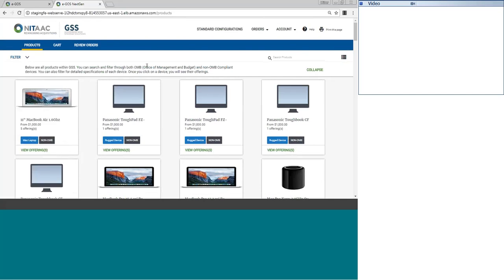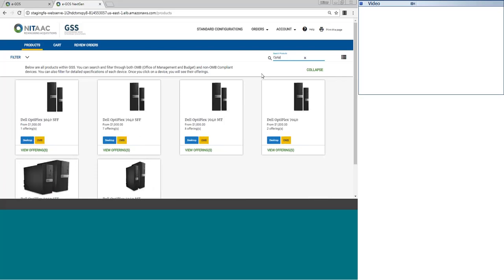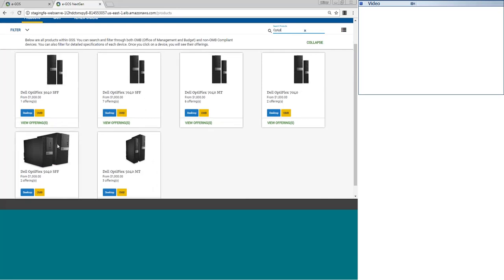Additionally, if you're searching for specific brands or specific characteristics, you could use the omnibar here. The search tab is going to allow you to type any brand or any keyword. So, for example, if I'm interested in Dell Optiplex, which is a very common device that is being offered, you can find different products that meet that partial search. It doesn't need to be a full search. Just a partial search, and automatically it's going to filter this catalog and show you the different offerings that are